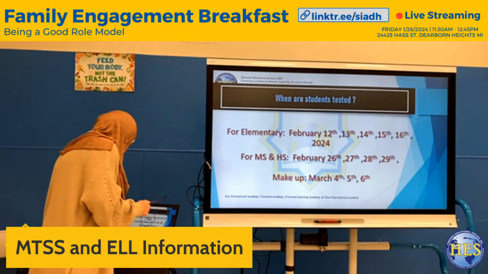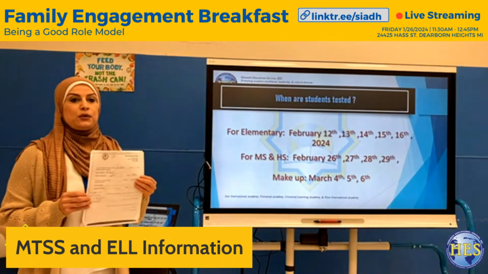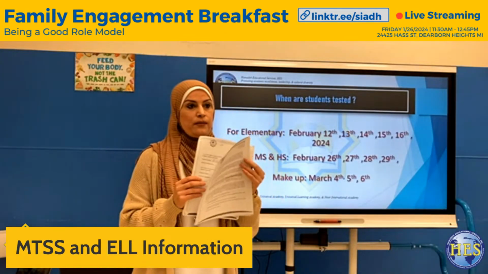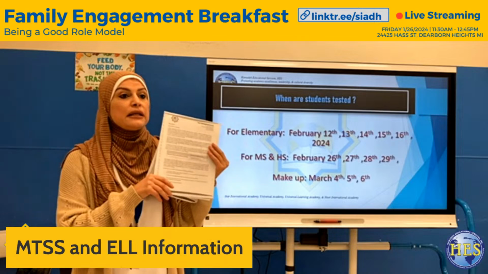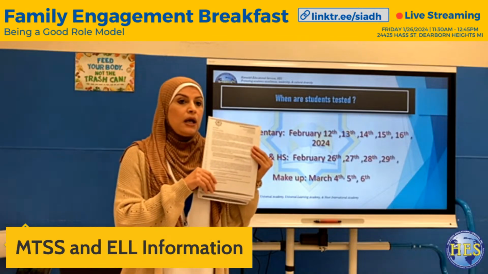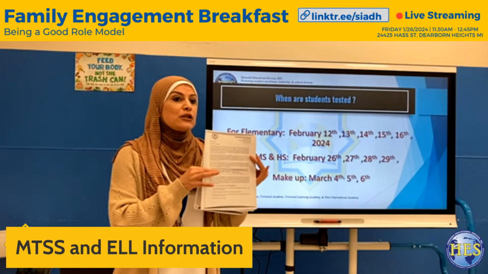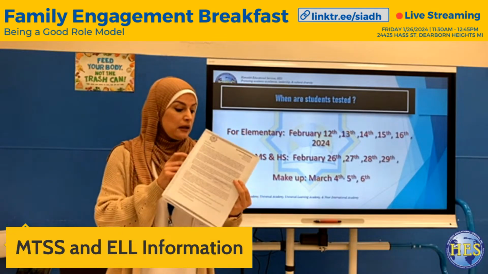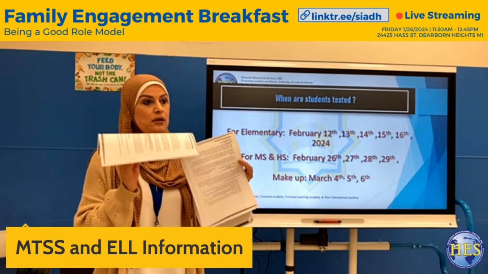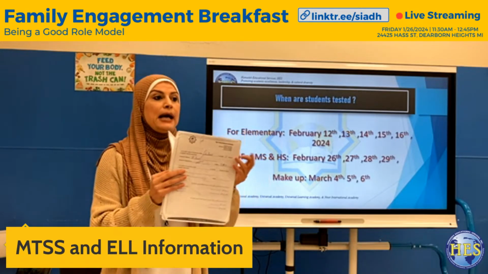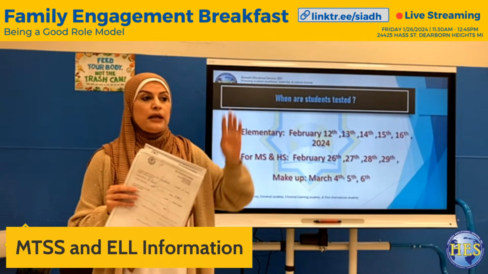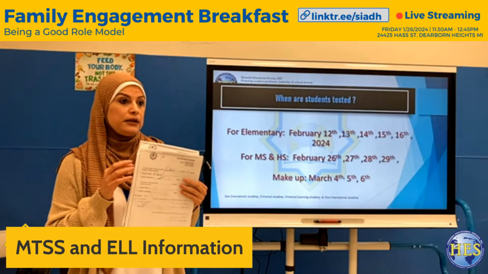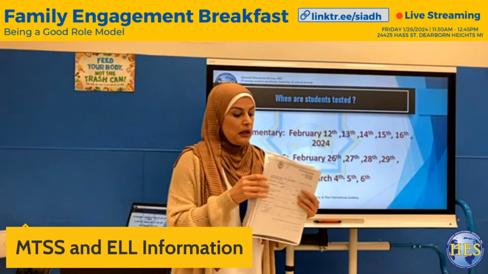I need to show you this, please. Every year we send this with your kids. Every year, 3 forms. This form gives you a full idea about what the English language program is and what scores are required to exit from WIDA. This is a very detailed report. It's not online. We send it with your kids every year at the beginning of the year, around September.